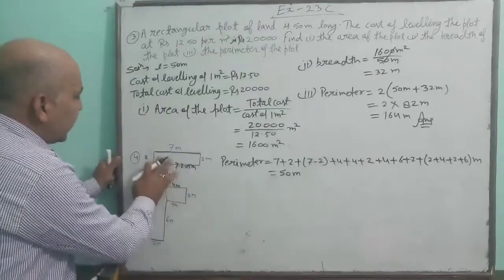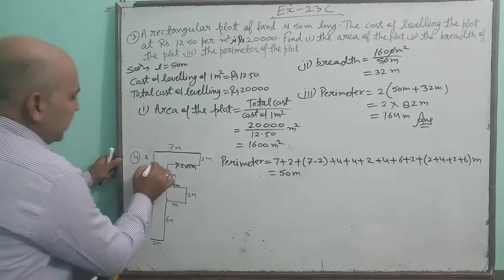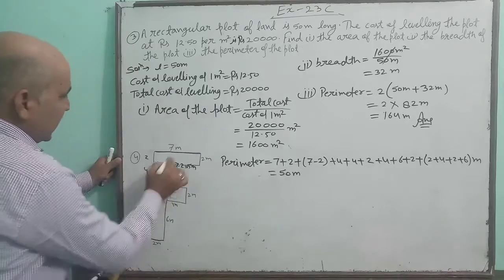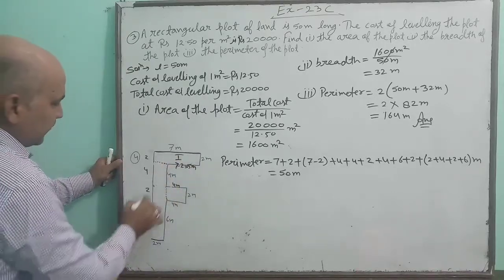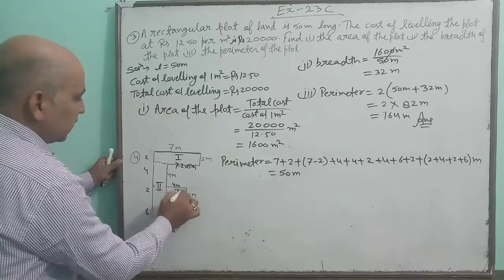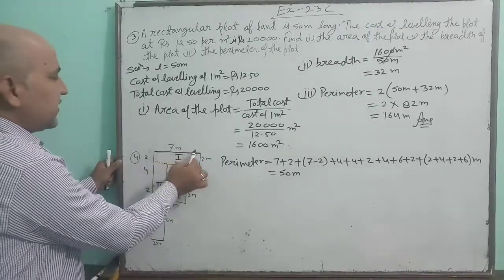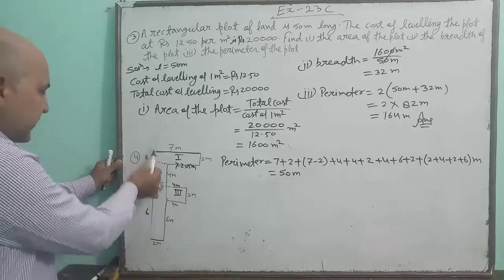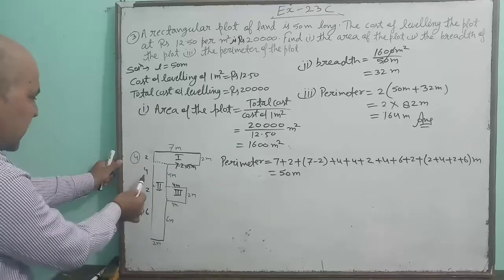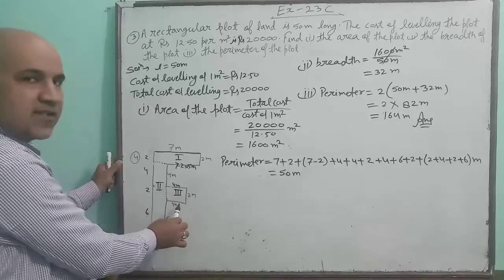Now how will you find the area? See children, to find the area, divide this into many parts. See here. This is the first part. Suppose this is the second part and this is the third part. Okay. Our first part is a rectangle in which length is 7, breadth is 2. Second part is also a rectangle in which 2 is the breadth and this total is the length. 2 plus 4 plus 2 plus 6 is the length. In this third part, 4 is the length, 2 is the breadth.